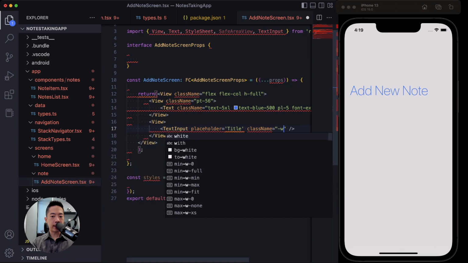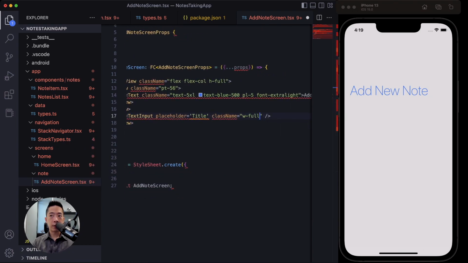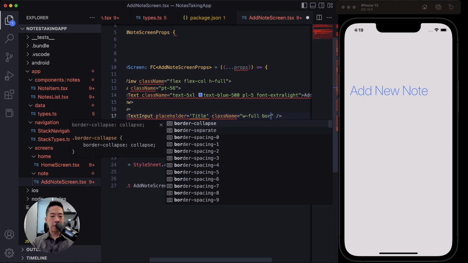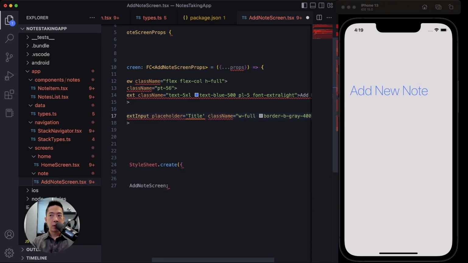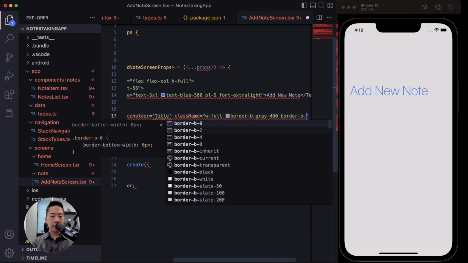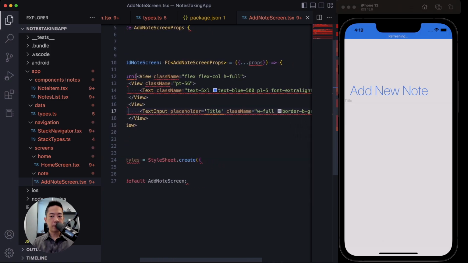We want the entire width, so w-full. And maybe some border at the bottom. So border-b-gray-400 and border-b-0.5. Right, save. You'll see a very faint text field appear. But we want some spacing on the left and right. So we'll say